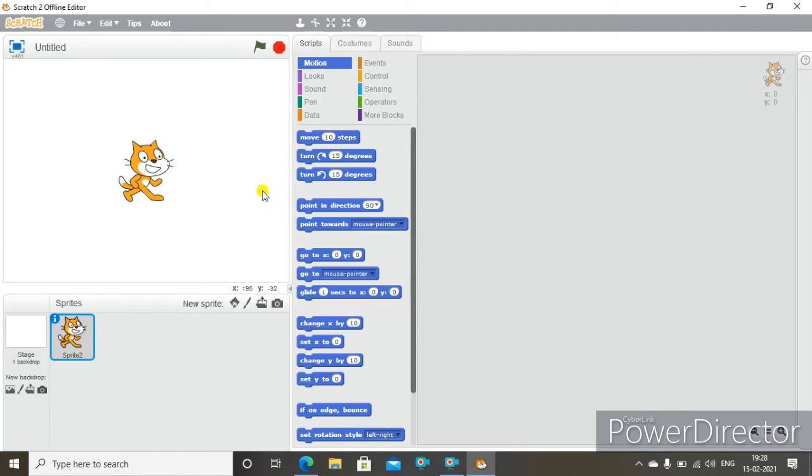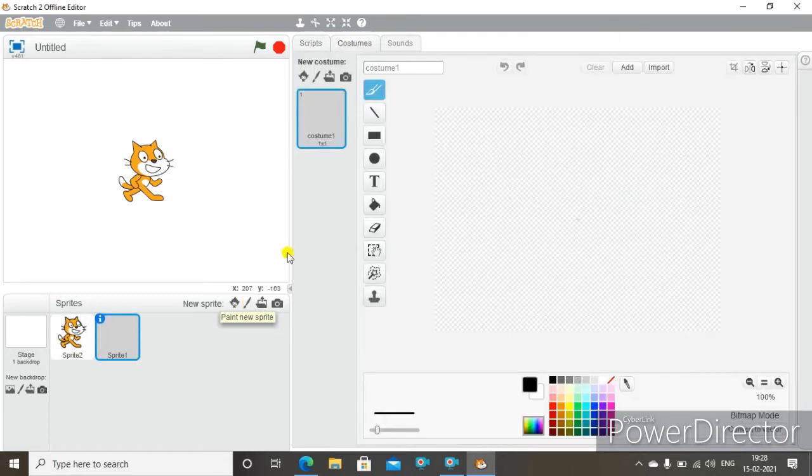Next is creating a new sprite using Paint Editor. So how can I create a new sprite using the Paint Editor? The Paint Editor is here below your stage, so click on that. When you click on it, immediately the paint screen comes, a small paint screen, and you have tools, everything is here, you have colors. Then you can choose any brush you want. Then you can draw your own sprite, that is a face,